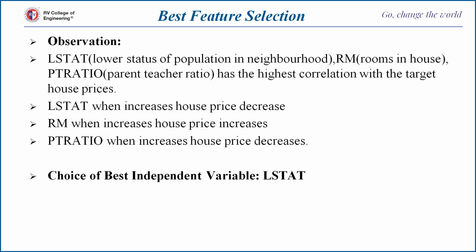So observation: LSTAT, or lower status of population in the neighborhood, number of rooms in a house or RM, and PT ratio, or parent-teacher ratio in schools in the area, have the highest correlation with the target house price. When LSTAT increases, house price decreases. We saw it was highly negatively correlated, -0.7. When RM increases, house price increases; it was positively correlated. And when PT ratio increases, house price decreases. So from here, the choice of the best independent variable for training the model to predict house prices would be